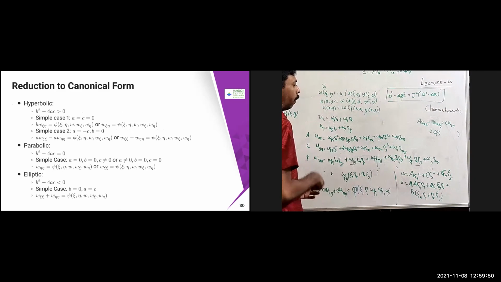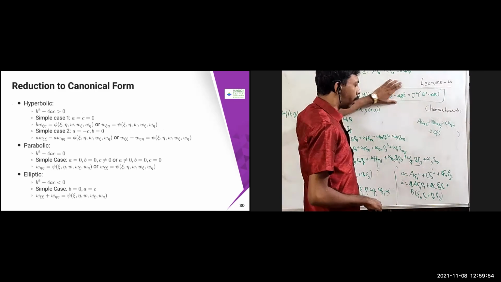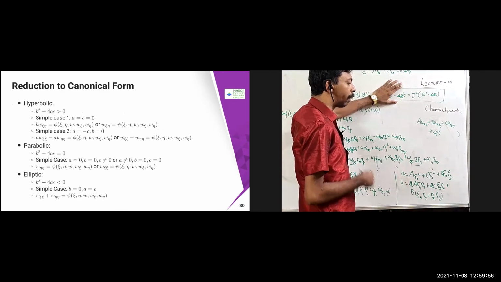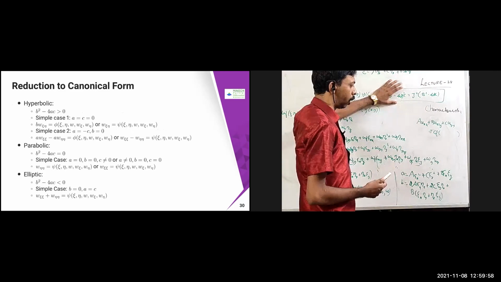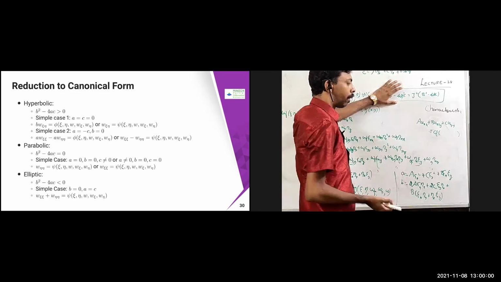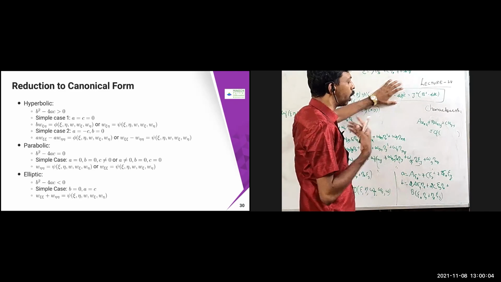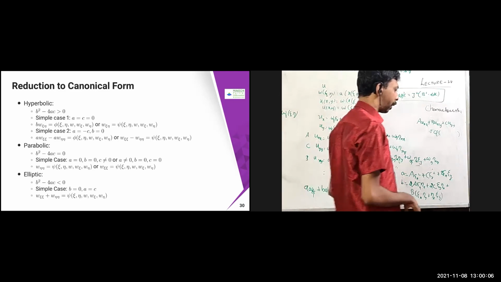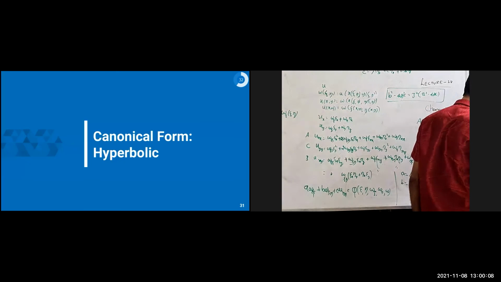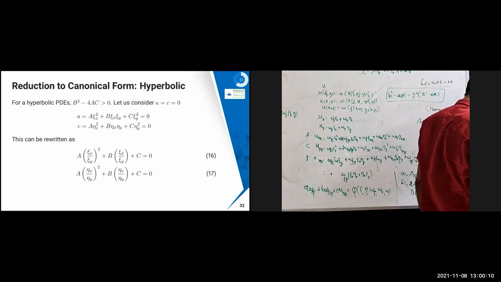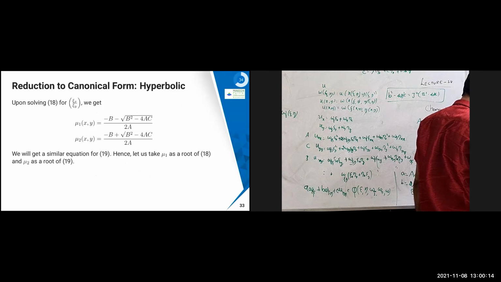But it has some advantages, because once you use this kind of transformation, your problem will become very simple, where you can solve it very easily. Many of the variables will go away. You will get a very simple ODE problem sometimes, and that will give you the simple thing. So this one I will show you in the next class. Probably we have time, so I'll just show one example, and then I will explain that also in the next class.